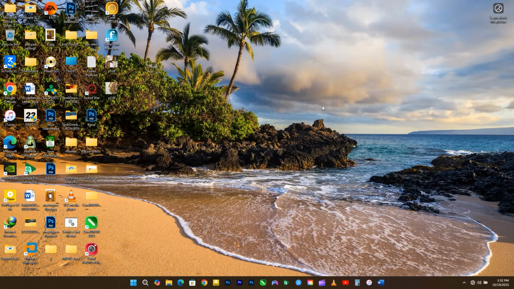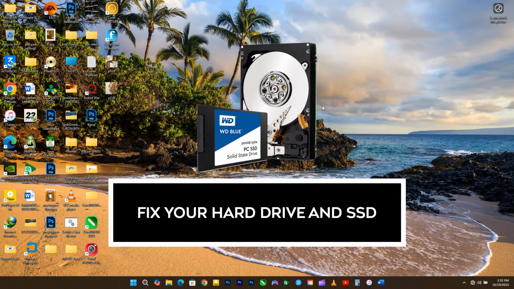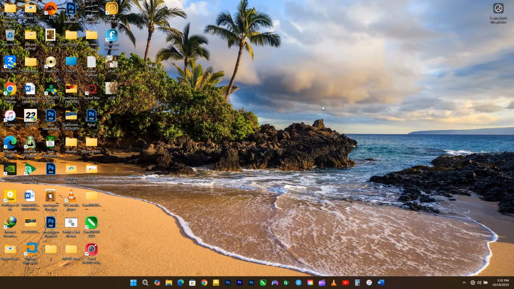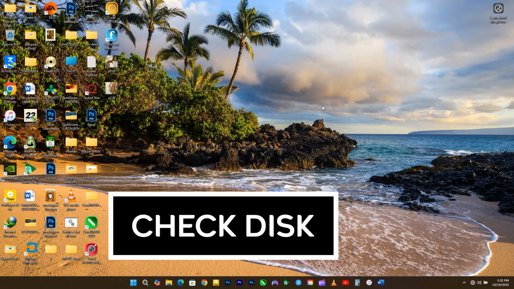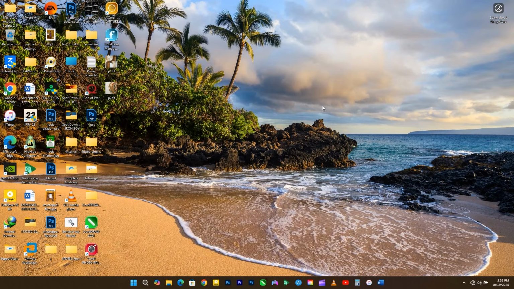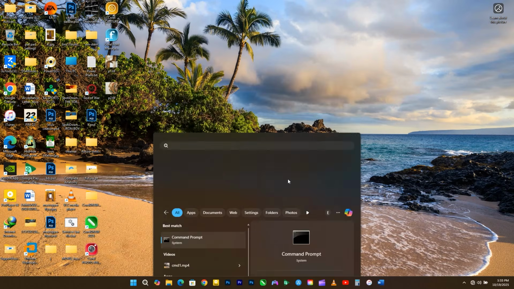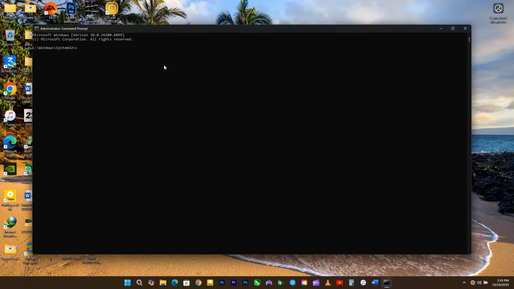Now that we have prepared your system files, it is time to fix your hard drive or SSD. Over time, your hard disk or SSD can develop bad sectors or logical errors that slow down your PC or cause random crashes. To fix that, we will use the CHKDSK command, which stands for check disk. This command scans and repairs your drive for file system errors and bad sectors. Open CMD as administrator, then type this command: